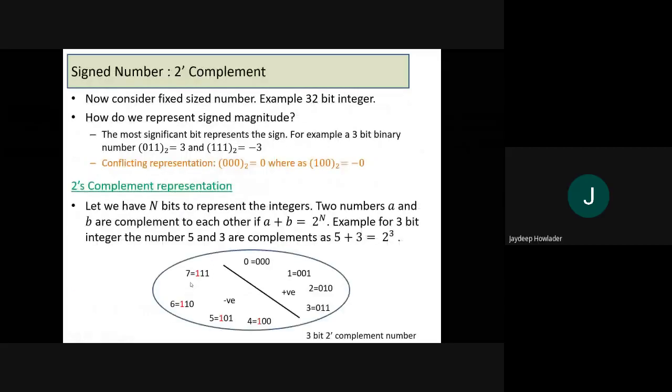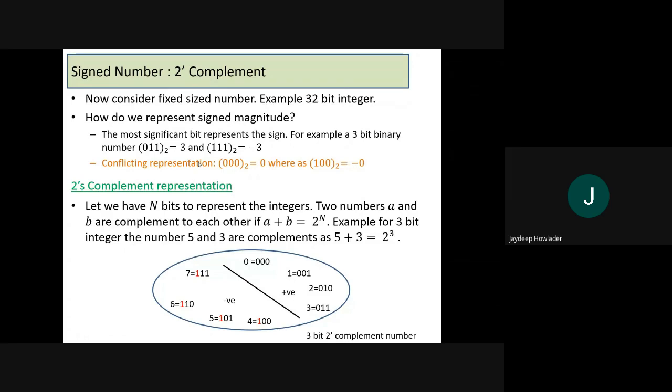So in our last two classes, we discussed how we represent number systems, meaning how the computer stores information, where the information is considered as a number, and how they are represented in different ways. Now, in the same sequel, we'll try to understand how a signed number can be represented. So far we have only considered that the number has a value, and we haven't considered whether it is negative or positive.